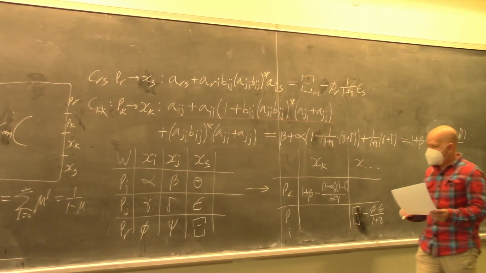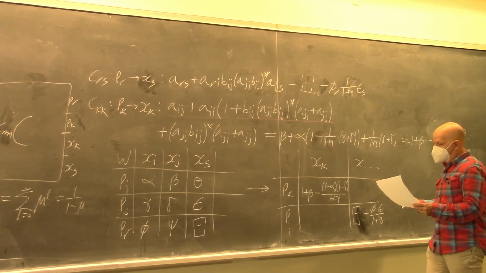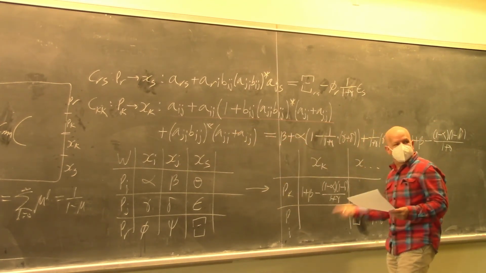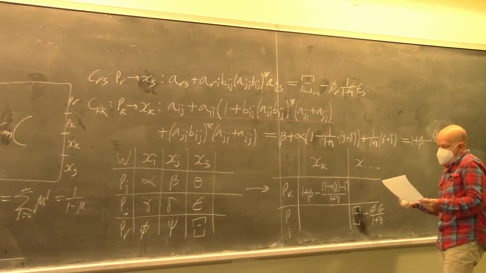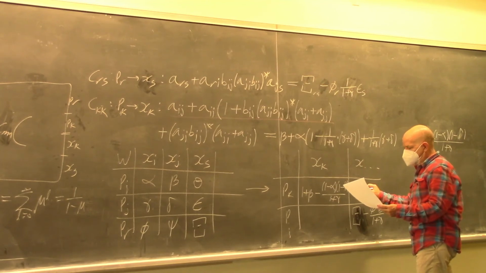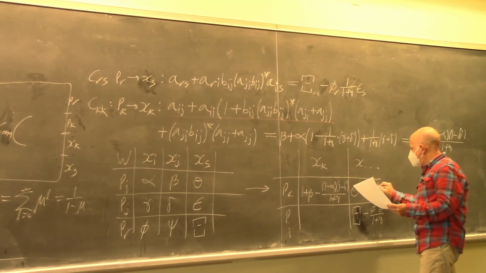And finally, I didn't do it, but I could have done the remaining two boxes in the same way. I'll just tell you what comes out. What comes out is theta plus 1 minus alpha